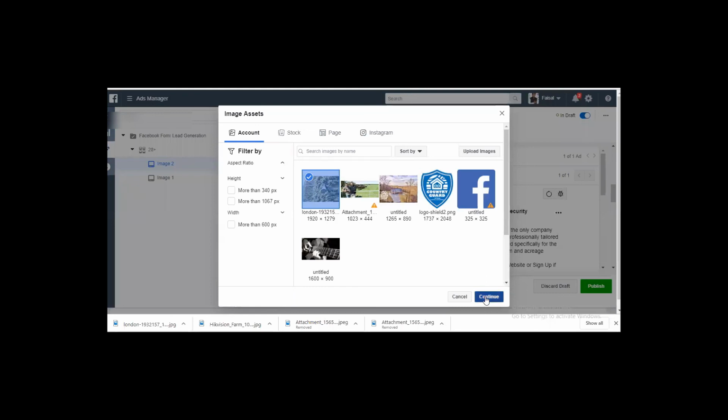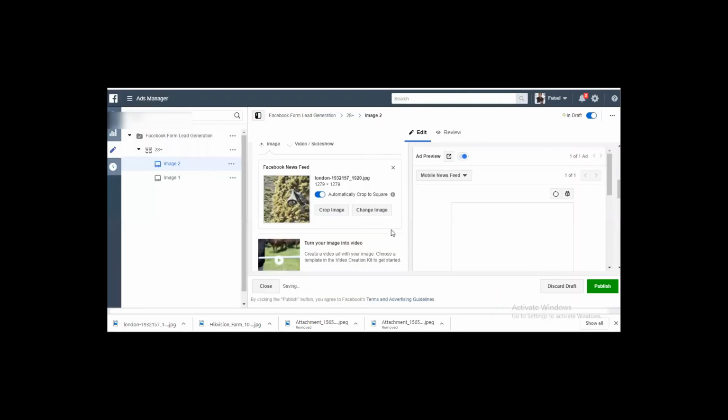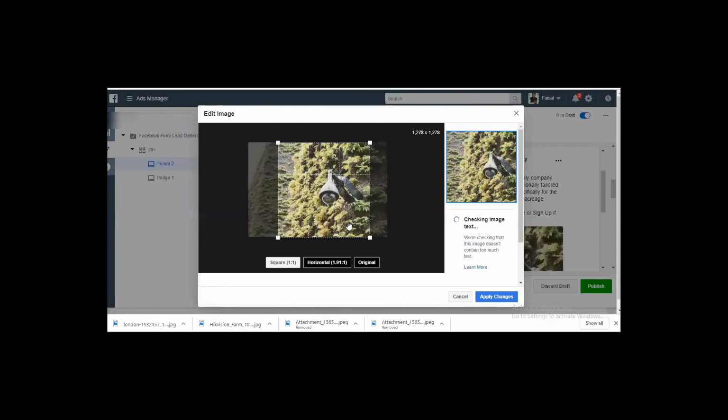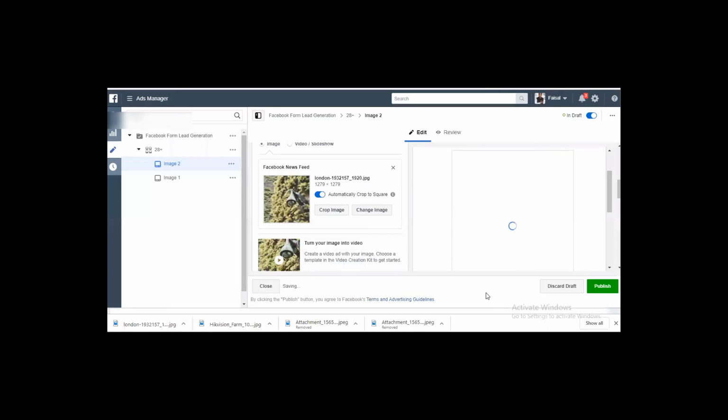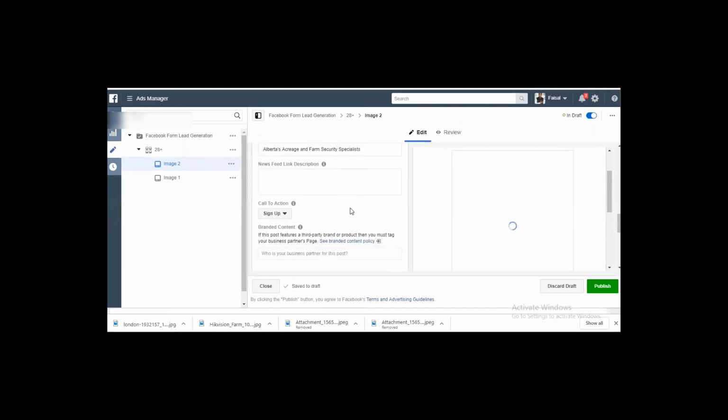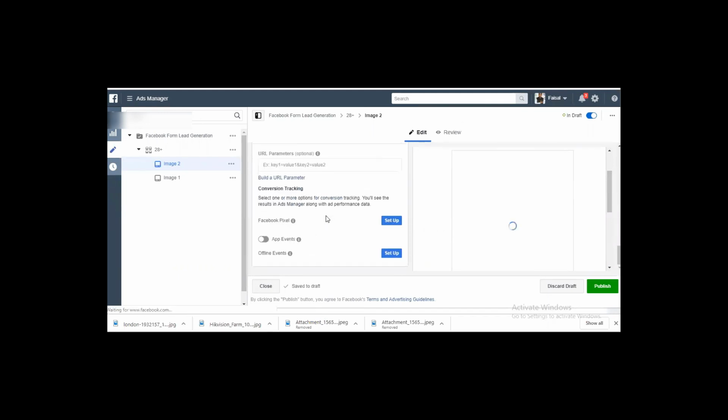So continue, and you can crop the image if the setting is not good in the preview. Okay, apply changes. Then there is no need for any changes in the other campaign settings, and you can simply click on the publish button.